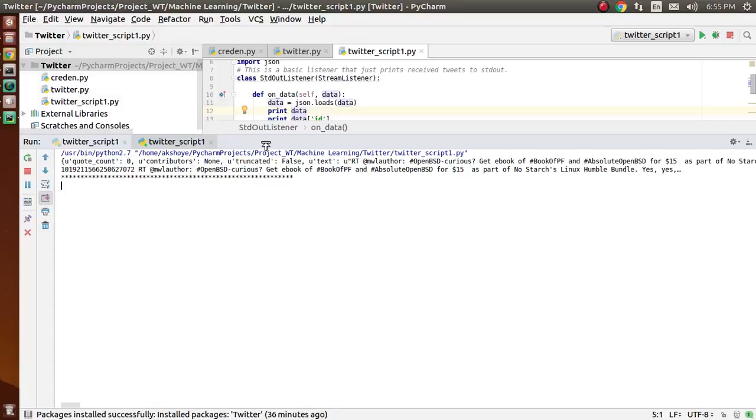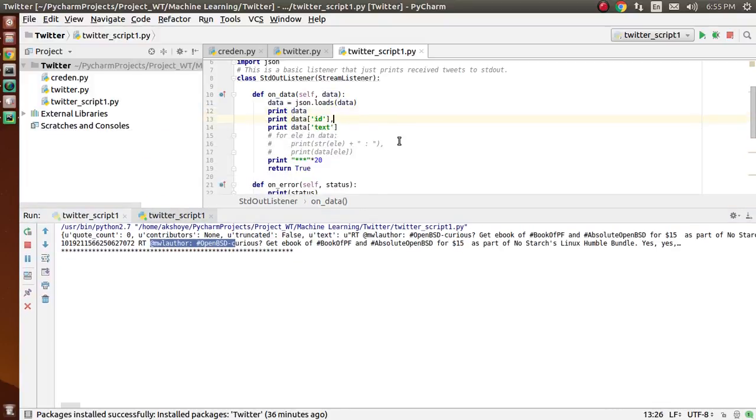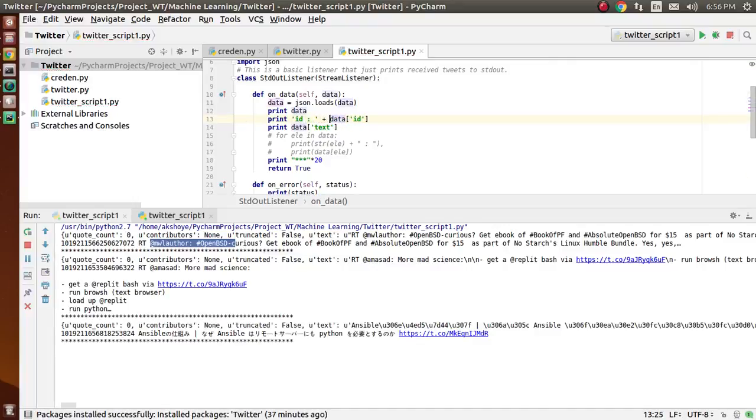Here you can see we are getting the ID and the text. Let's write it in a proper format so it will be clearly visible. Here we have the data ID, and let's mention it in this way so it will be much clearer for you to understand.